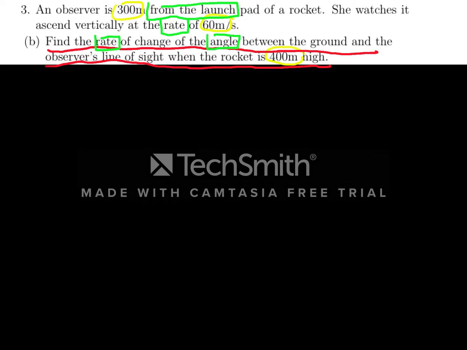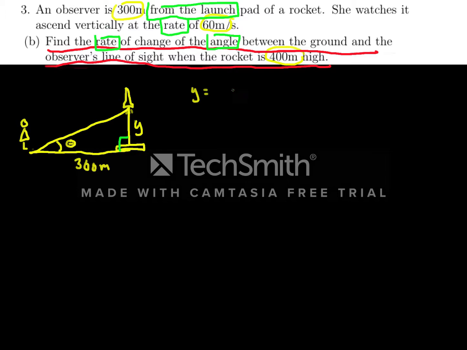I'm going to bring over the picture from the last problem. We still have the observer. She's 300 meters from the rocket, ascending vertically. But now our variables have changed a little bit. Before, we were interested in this distance. But now we want to know the rate of change of the angle. So we still have the rocket ascending vertically, and we'll call this, say, theta. So y is still the height of the rocket,